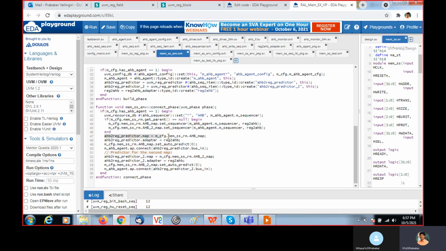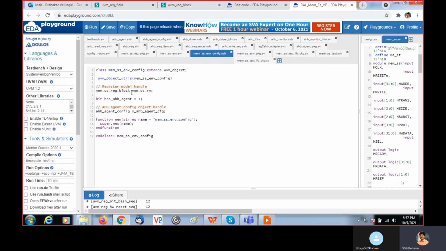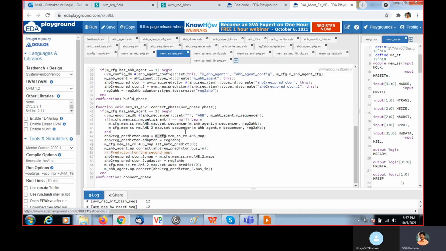Then here the actual map, m_cfg, is nothing but the handle of the environment config. Inside the environment config, we instantiated the register model as m_mss. Inside that we have the AHV map.